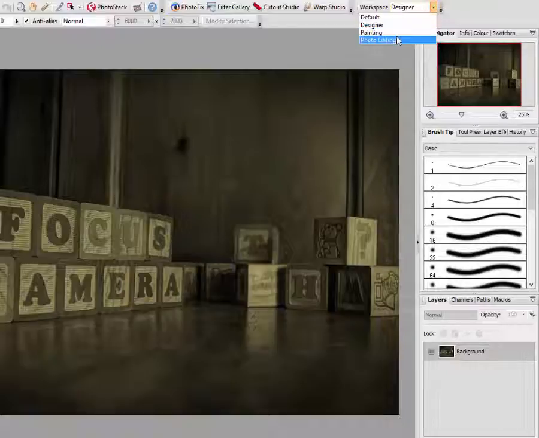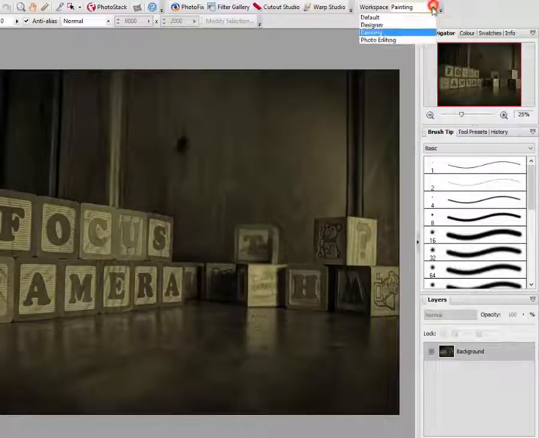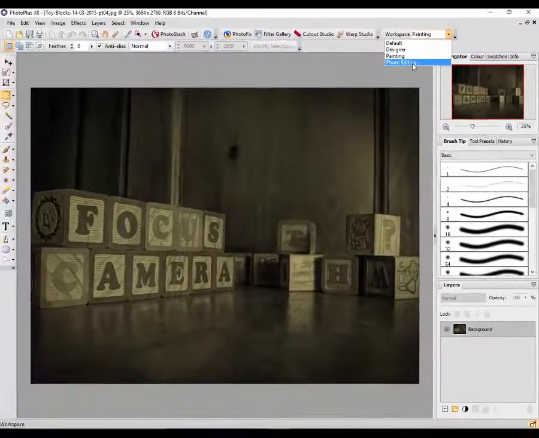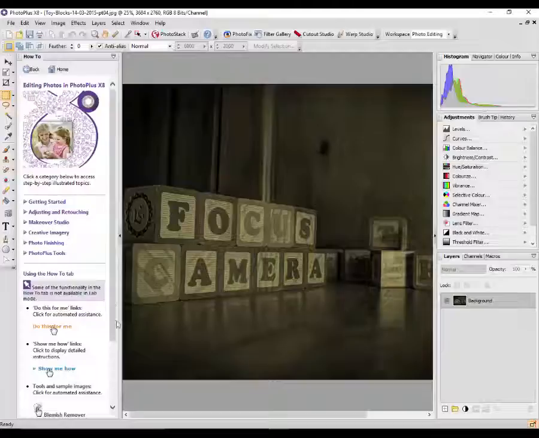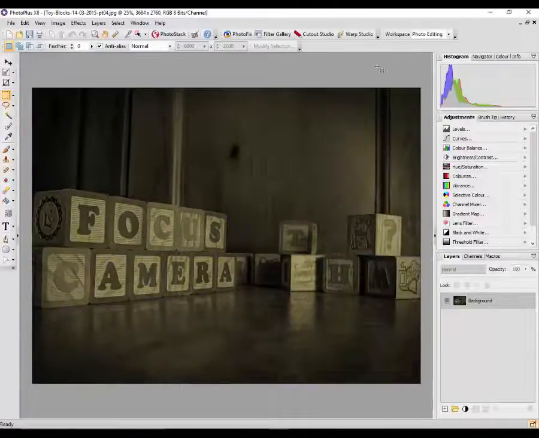So if I then go to painting, again this has now only got 3 tabs. This only has 1, this only has the layers, and this has gone back to 4. So I'll go to the photo editing one, which I believe, like I said, is just like the default. And every time you go back to that one, it opens up the how to tab, but you can close that quite easily. So now that I'm back on the default setting,